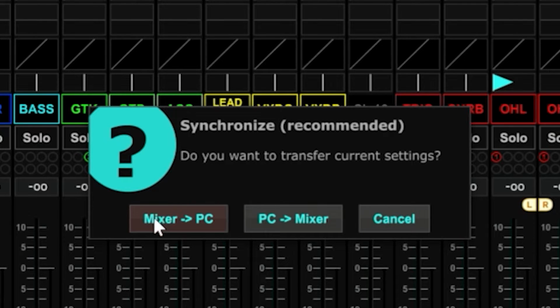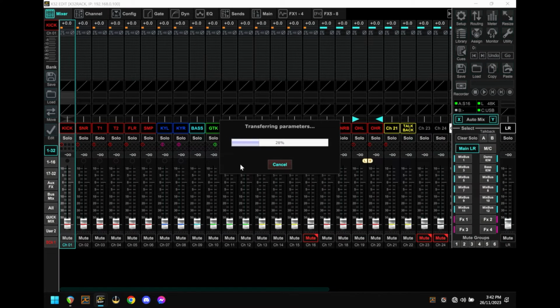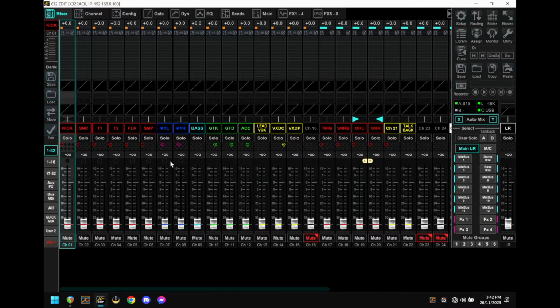So obviously let's just load up and see what the mixer has on it. We'll bring it over to the PC. Nothing should change because I've actually configured this earlier. But in just a moment you will see that all of the channels will be labeled and numbered, and this will reflect the state that the X32 is in at the moment. Once the X32 Edit software is successfully connected to the X32 rack, it's now time to configure Reaper.